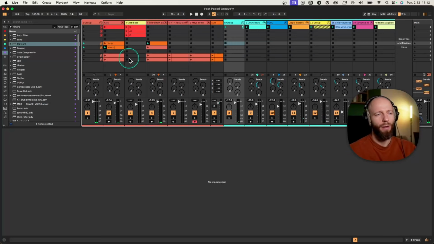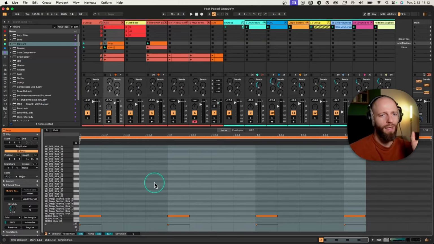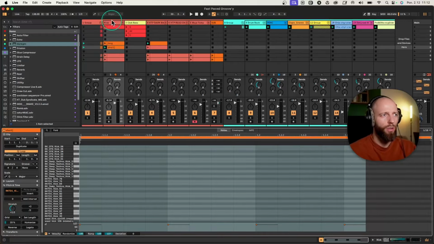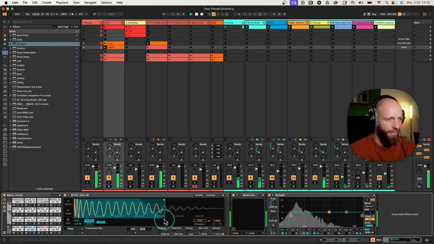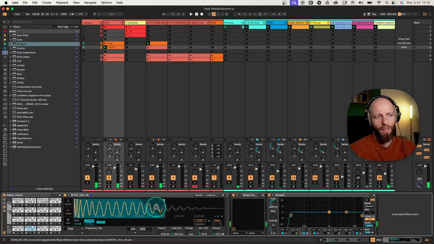Another thing, apart from having some sort of space and air in this instance, is that a really long kick takes a lot of dynamics. I will talk about it at the end, but just know that really long notes in the low end will take a lot of dynamics, and you cannot get that much dynamic, groovy, really focused track if you have a lot of low end, really long notes. So using short notes, in this instance we used a kick that is only 180. I've made it even,